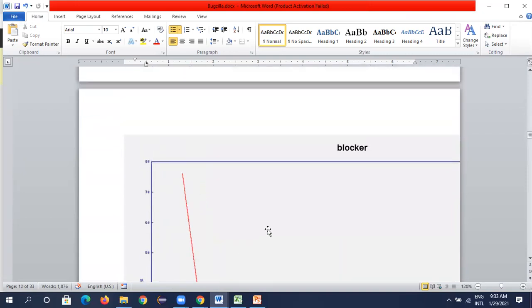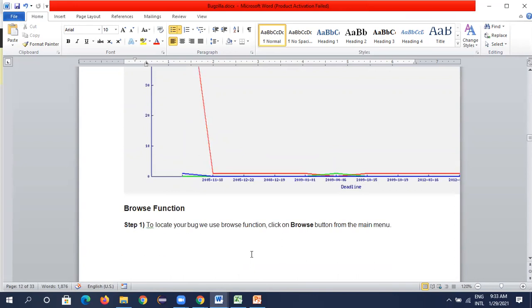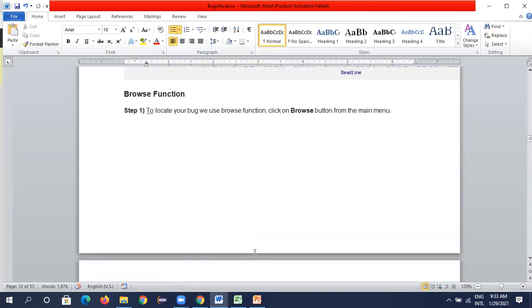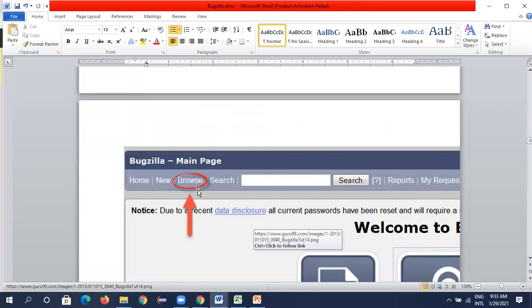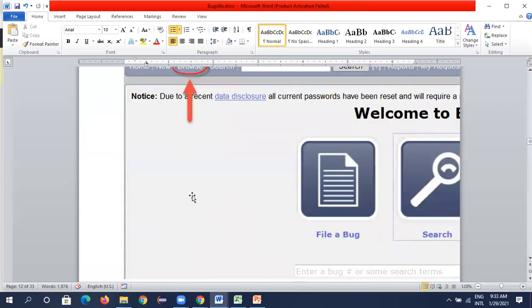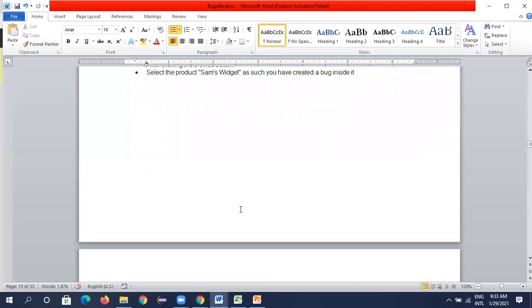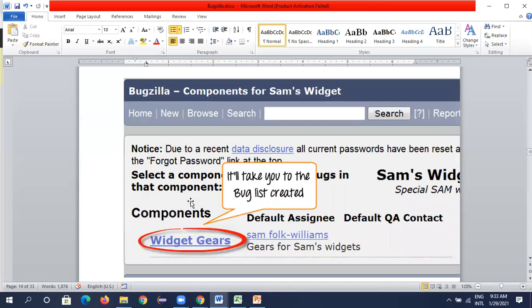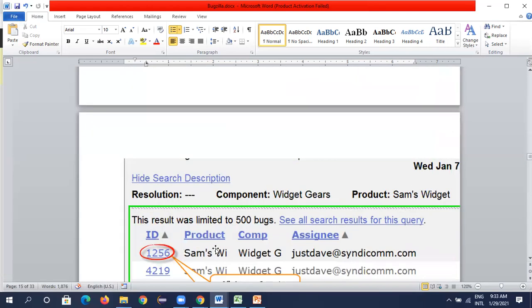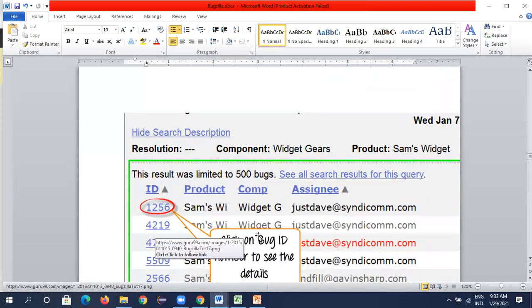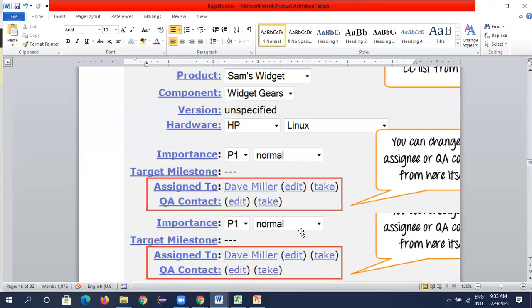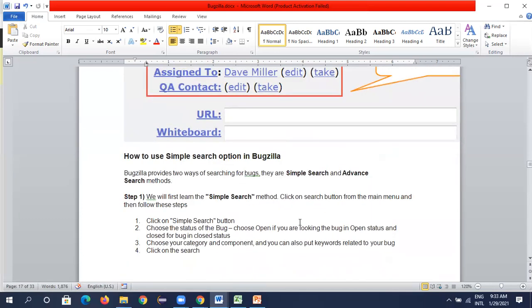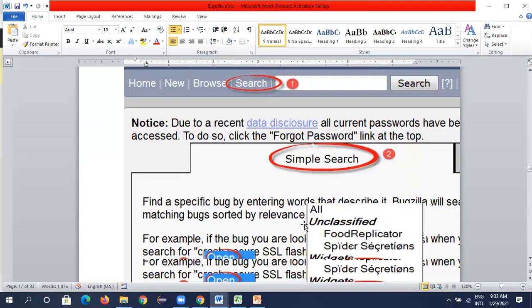If you find any blockers, you mark them as blocker, and there is a blocker report. This is a browse function to browse our defects. This is how bugs are created in the Bugzilla tool, and Bugzilla can also be attached to Jira.